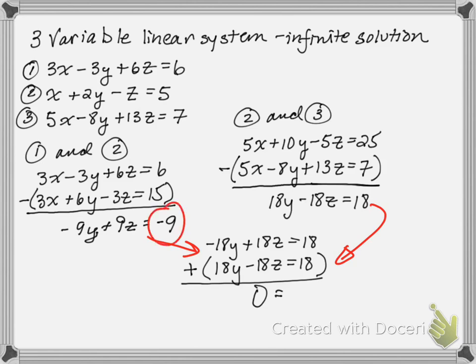This -9, when I multiply that by 2, I should have -18. So let's replace that -18. And when I do -18 plus 18, I get 0. 0 equals 0, and this is true. So that means that I have infinite